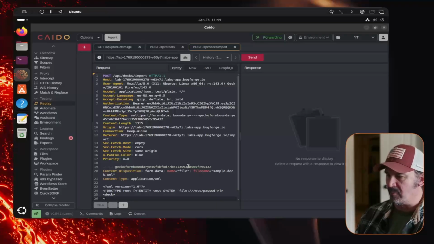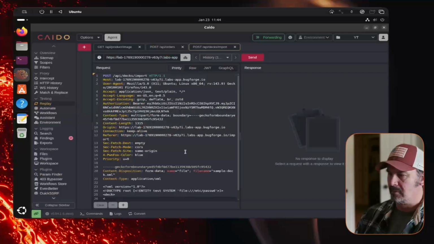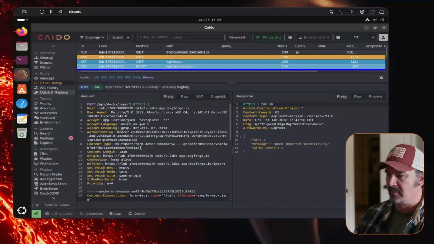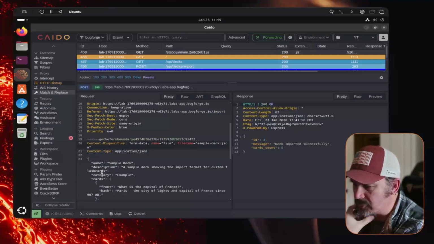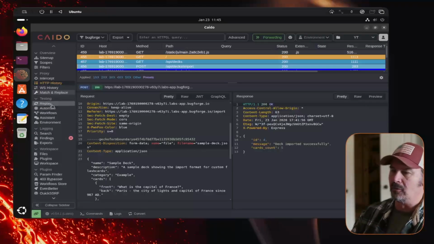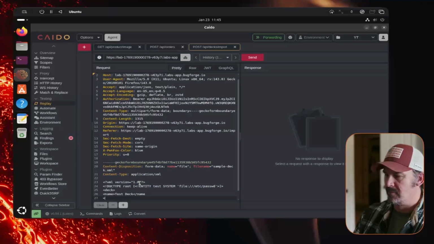If I remember right, we had a name, a description, a category, and then cards. Okay, so your name: test deck. Description: